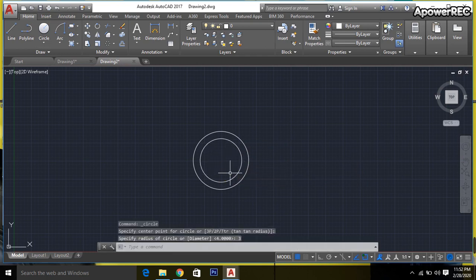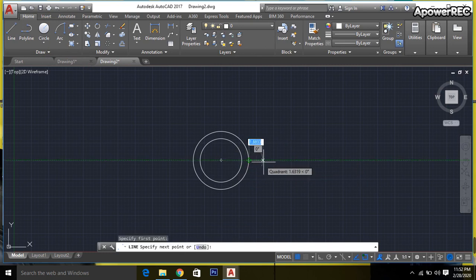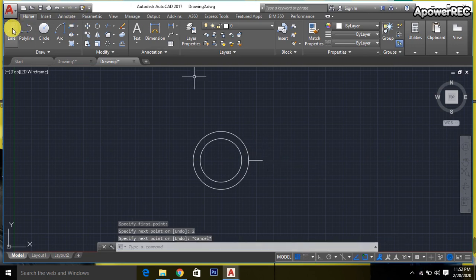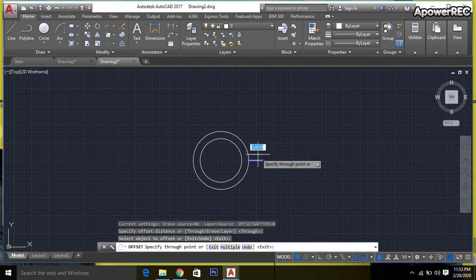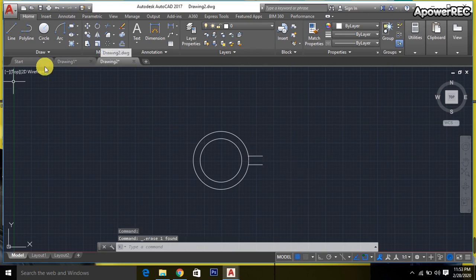be 3 inch. Now I am going to select the line and draw a line which will be 2 inch. Okay, done. Then go to the offset, enter, click on this point 0.6, and it will be also 0.6. Done. Escape, then delete it, then go to the line command, and it will be 1.5 inch, tab 135